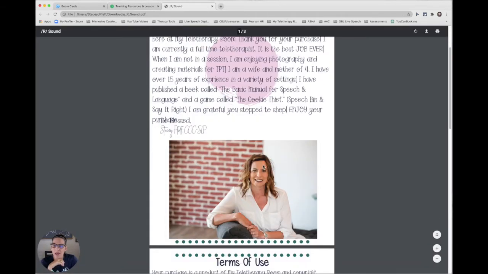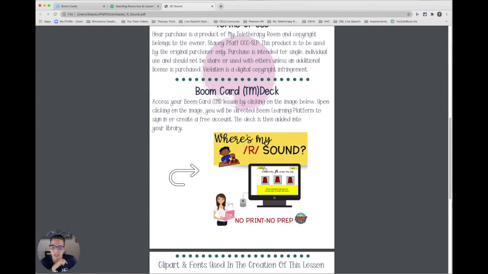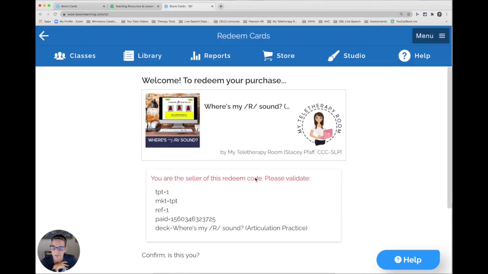I'm going to open that PDF, and somewhere on the PDF, the person who created the deck is going to have a link to download that Boom Card. So here, for me, I have the picture icon of the product that I created, and there is a link embedded in it. So I'm going to click on that, and it's going to bring you right to Boom